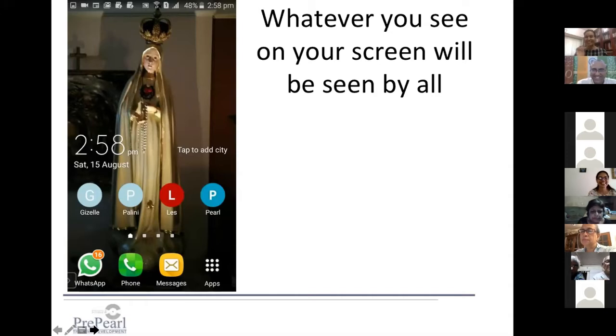Okay. So if you say share screen on her phone, the first thing is it will go to your home screen, your home page. Now from your home page, you go and figure out whatever you want to show people. But just remember, whatever you see, they see. Okay, so if you open some pictures and they're personal pictures, everyone will get to see them. Okay, so this is on your phone. So if you're doing it on your phone, just keep that in mind.